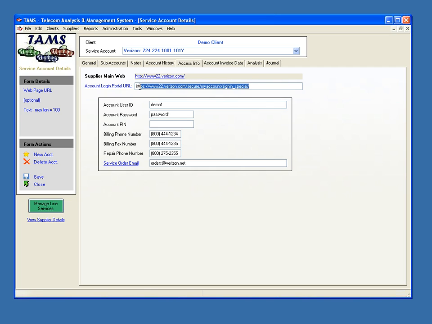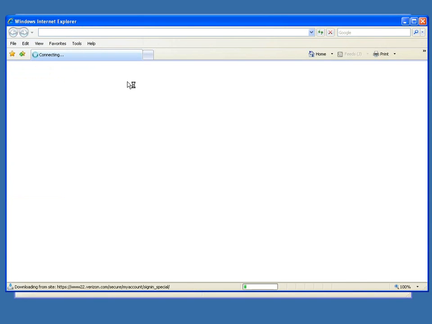So we have the ability to customize this portal and then store the user ID and password, and if there's a PIN associated with it as well, all in one place for each account for every client. So this is very convenient, and all we need to do is click on the link that is listed in the